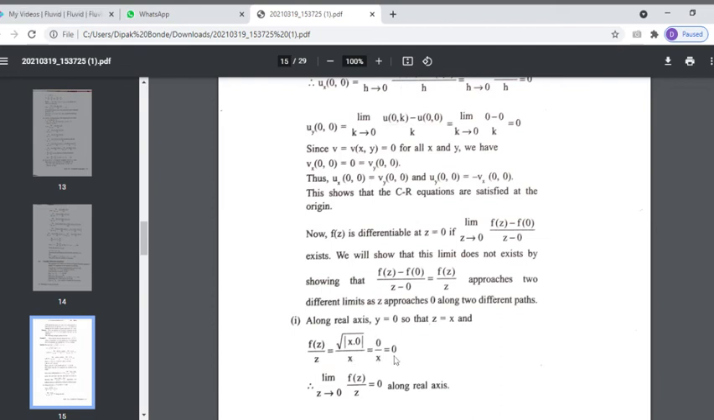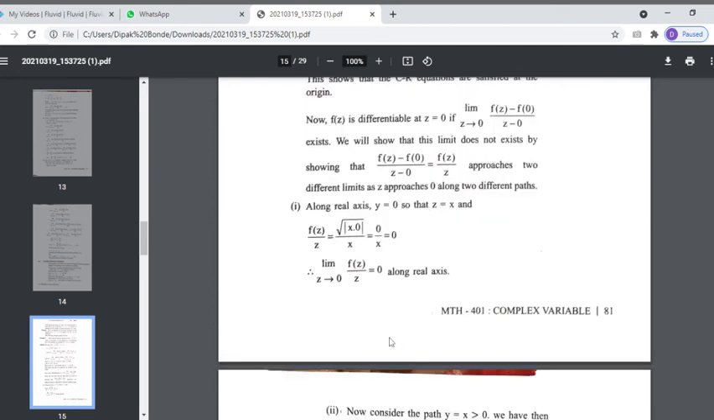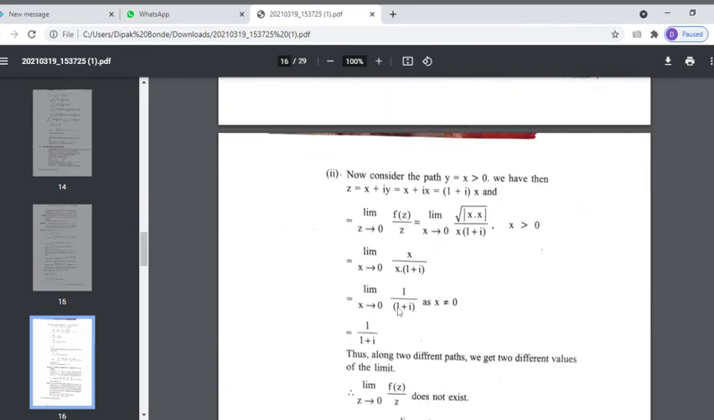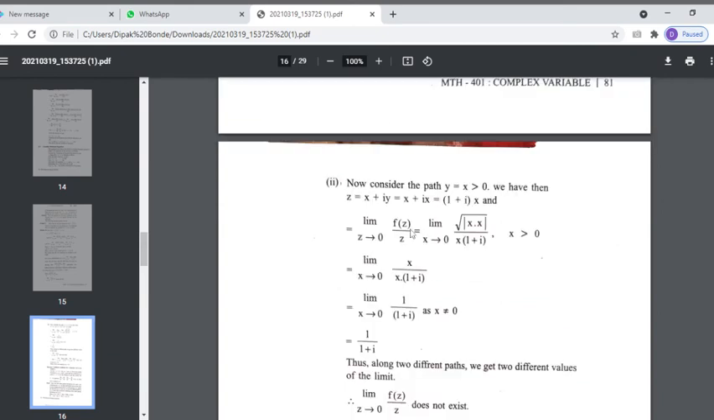So 0 upon x is 0. So this limit becomes 0 along the real axis. Now along the path y is equal to x, limit z tends to 0, f of z upon z becomes limit x tends to 0, under root of modulus of x into y. Put y is equal to x, so x into x, that is x square, upon